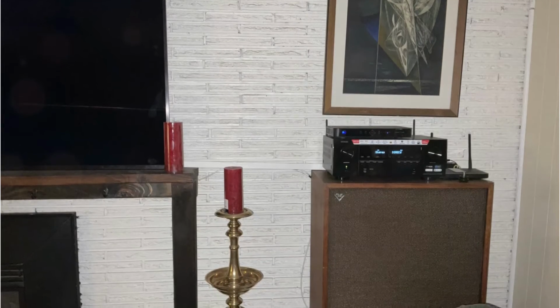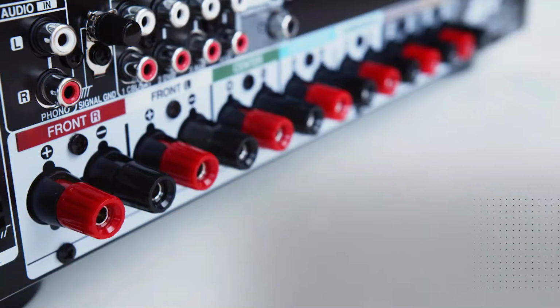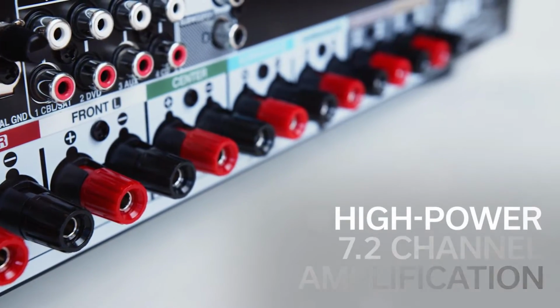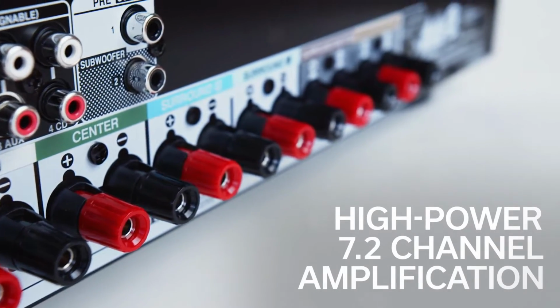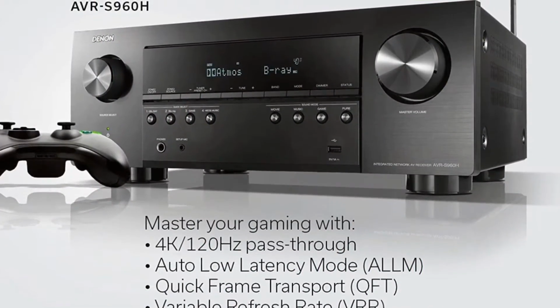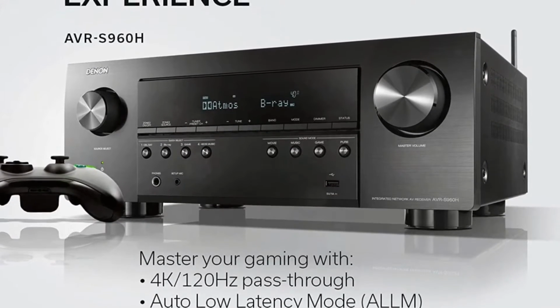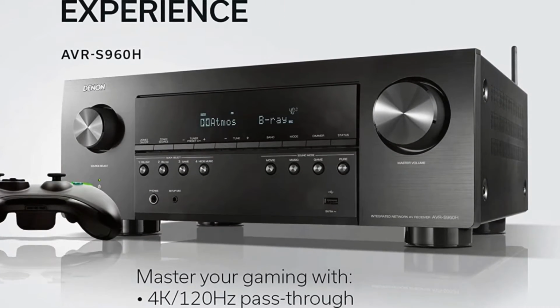It is clear there are better AV receivers out there with more power and better sound output, but they are also much more expensive. You can get a lot of value for your home theater system for an affordable price for the AVR-S960H. Besides MP3, WMA, and AAC files of low quality, the receiver also supports FLAC and WAV files